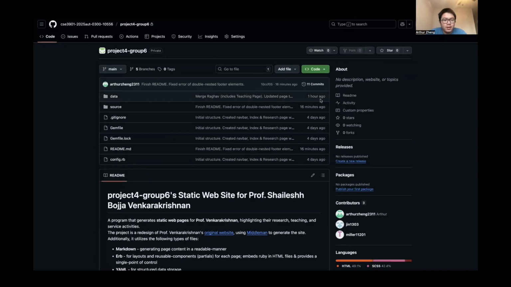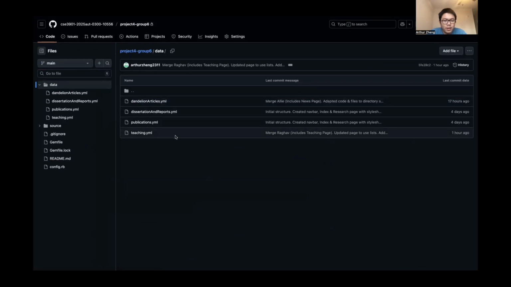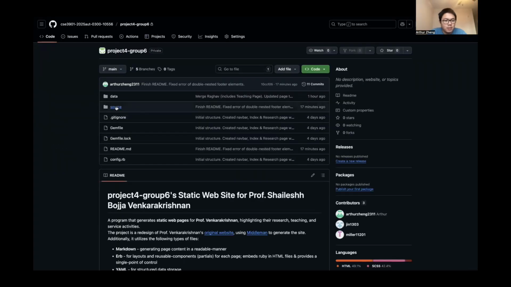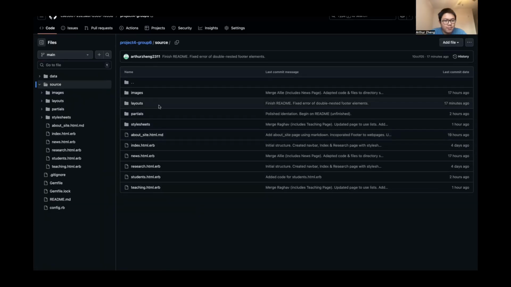So here's our GitHub page. This is group 6 for section 10556. And so here is the file or directory structure. So in data, we have our YAML files that contain data for our web page. Here's the source folder. And in the source folder, we have images for the web page,